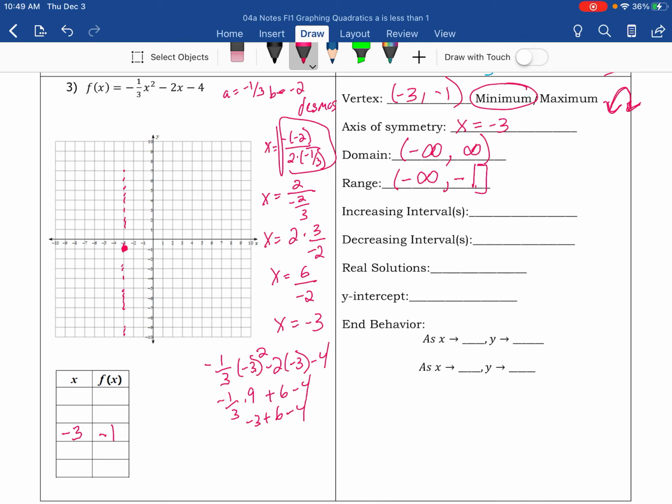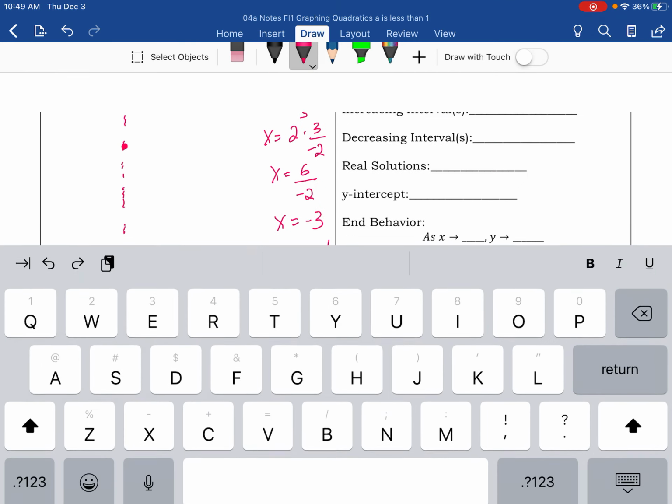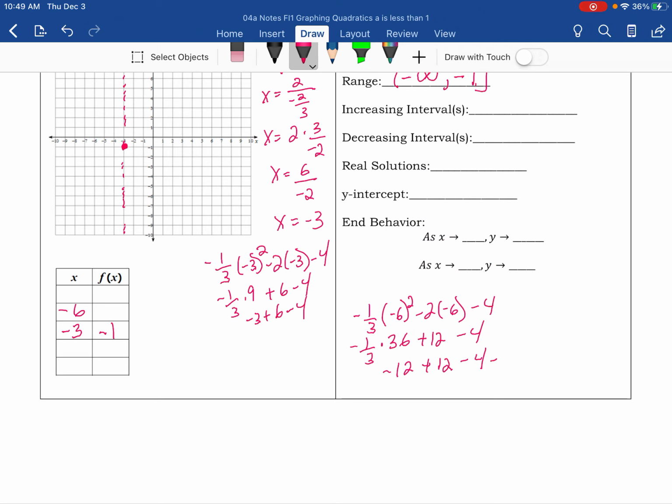What values am I going to pick? So this is -3. I'm going to pick -6. Why is -6 a good one? Because I know that when I square it, it's divisible by 3. So I'm going to do -1/3 times -6 squared minus 2 times -6 minus 4. -1/3 times positive 36 plus 12 minus 4. -12 plus 12 minus 4. That's going to be